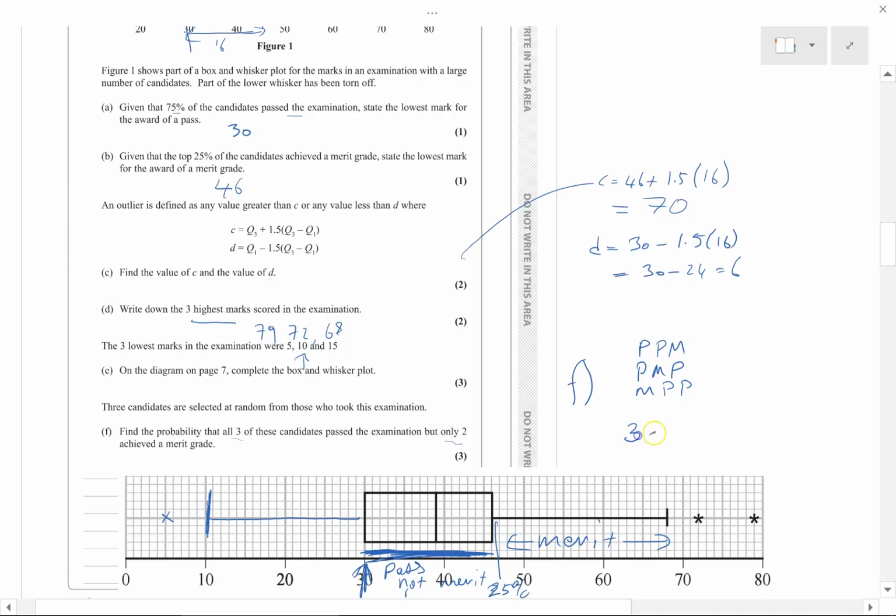So we're doing 3 times the probability of getting 2 merits. That's 1/4 times by 1 pass mark, which is a half, because in that middle half there. And working all that out, we get 3 out of 32. Okay, let's have a look at